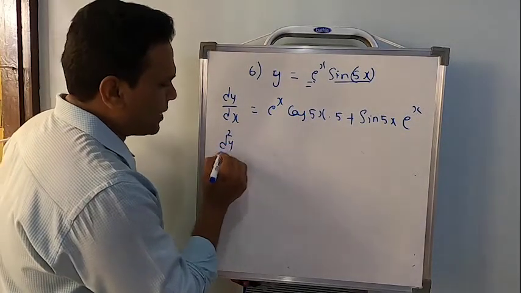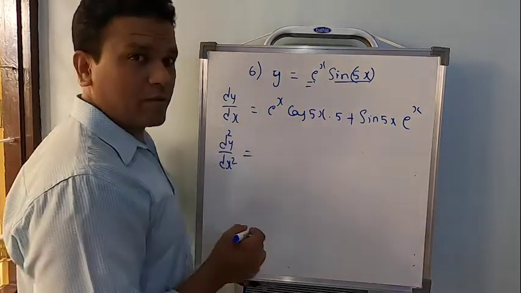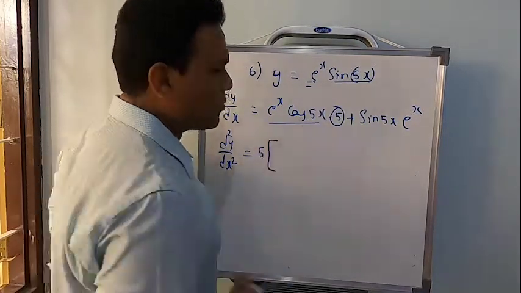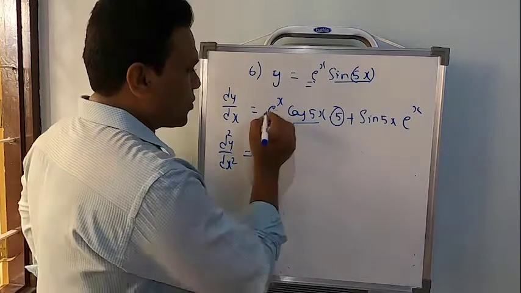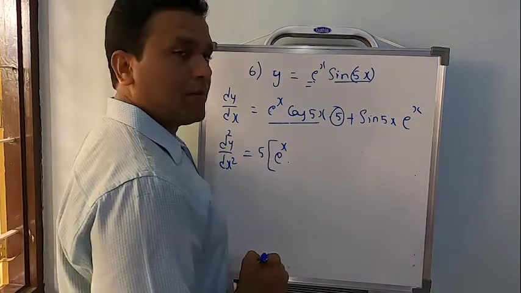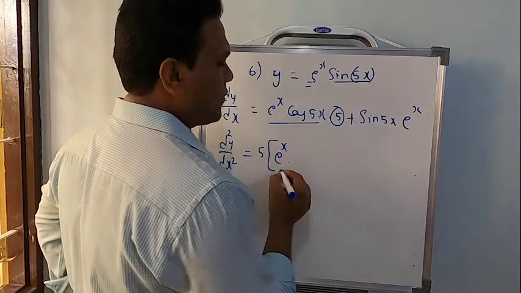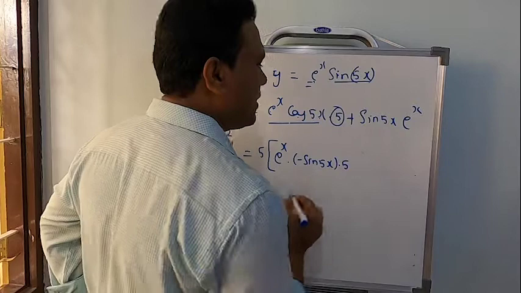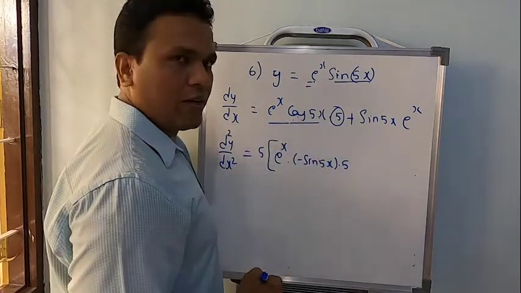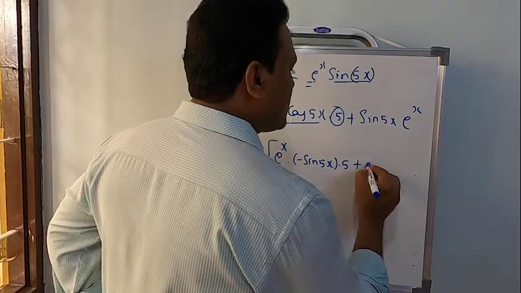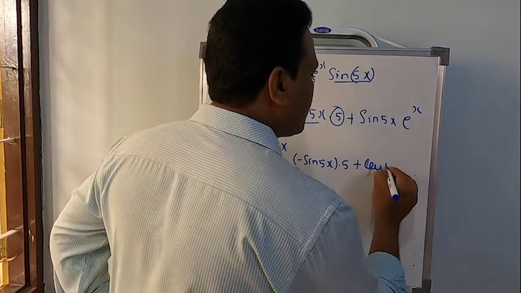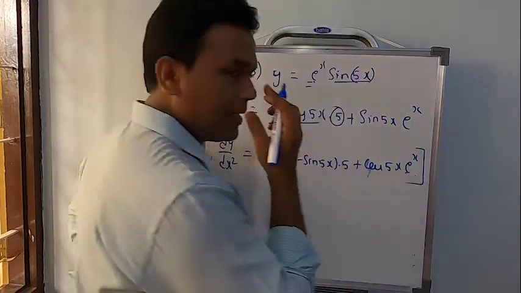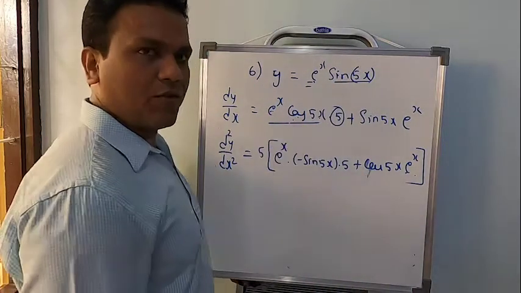So I'm going to start the second order derivative d square y by dx square. One suggestion, there is a constant. Keep the constant outside and then start the product rule for these two. So product rule for these two says e power x multiplied by differentiation of cos 5x, which will be minus sine 5x multiplied by 5, first for cos, then for 5x, plus cos of 5x as it is, multiplied by derivative of e power x. Derivative of e power x will be e power x. We are done with the differentiation of the first one.